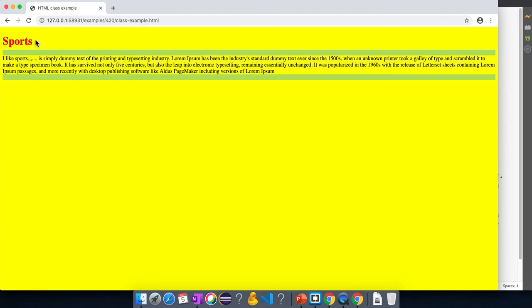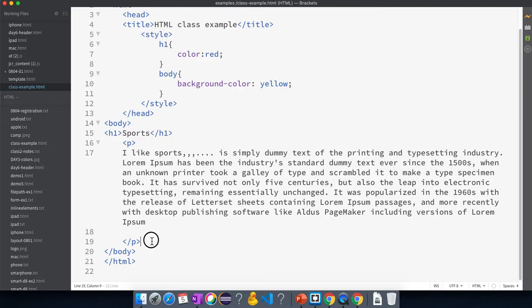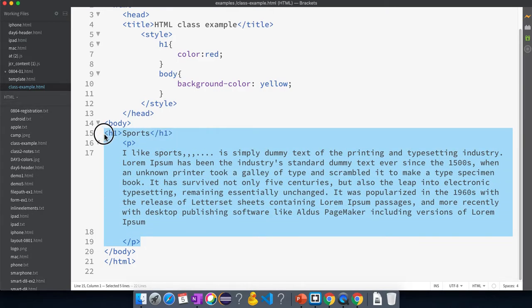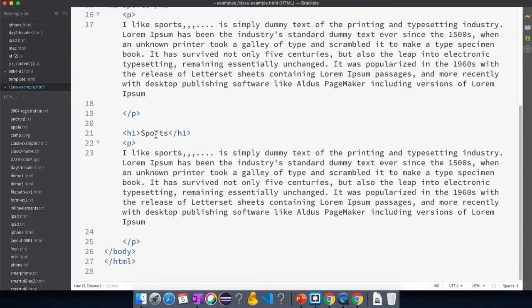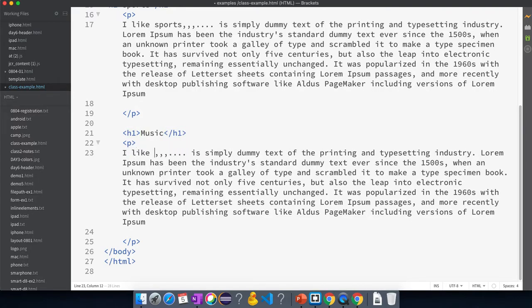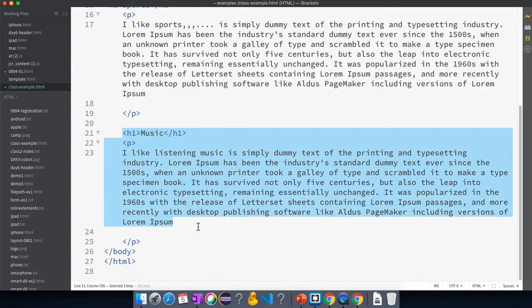Similarly, I'm going to create some different sections. I'll copy this section and write a different heading related to music. You're writing some paragraph related to music, like I like listening to music.